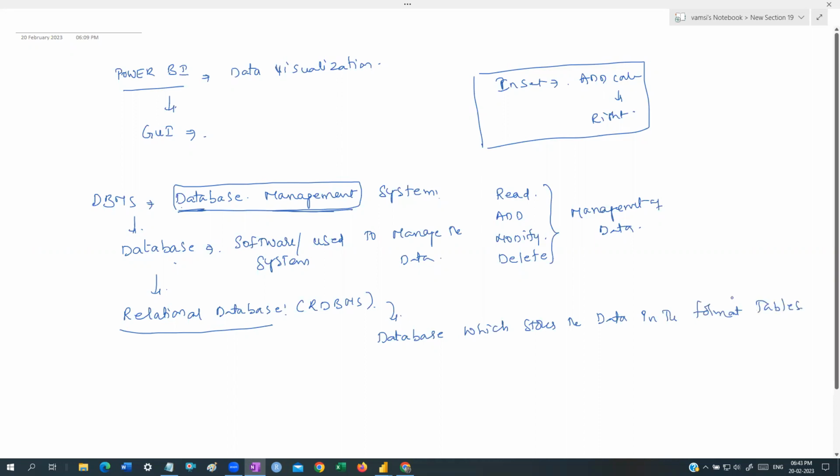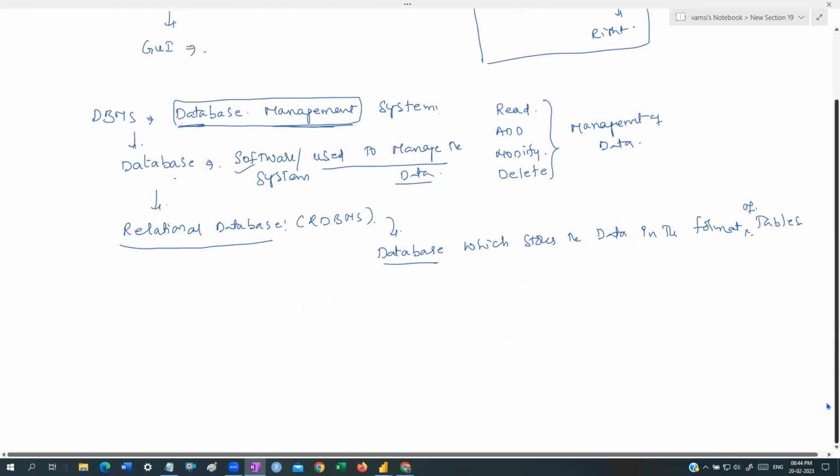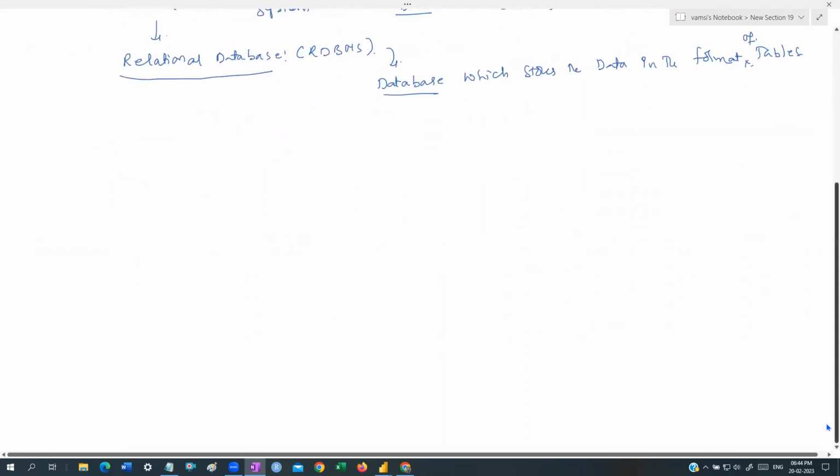So what is a database? A software or a system which is used to manage the data. Then what is a relational database? A database which stores the data in the format of tables.